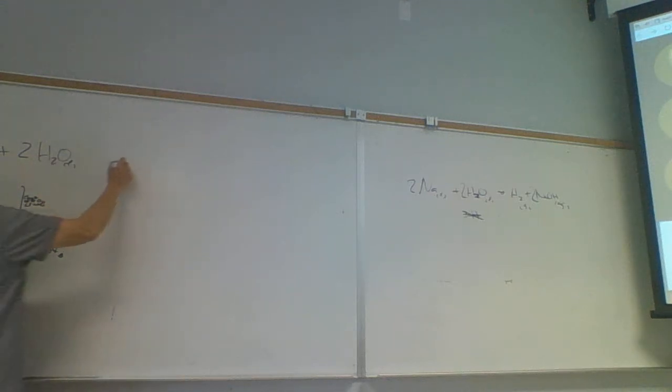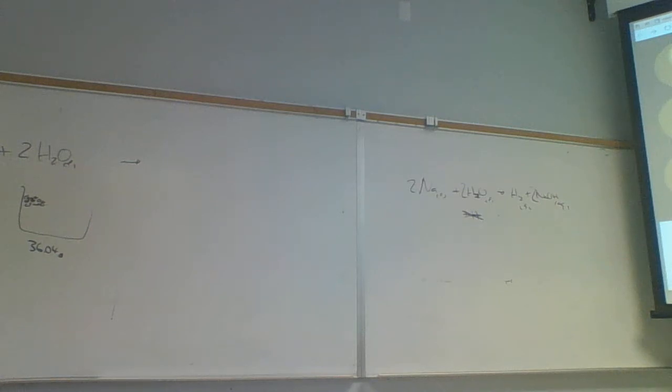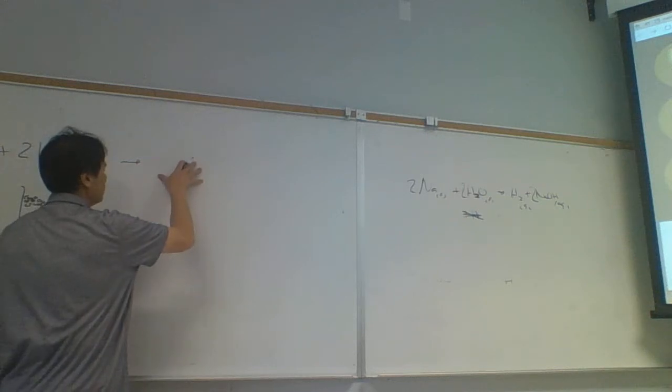And this is going to form, well, 46 grams of sodium metal. Sodium is not the most dense metal. It should sink in water. This is going to be less than 46 milliliters. Then we're going to have